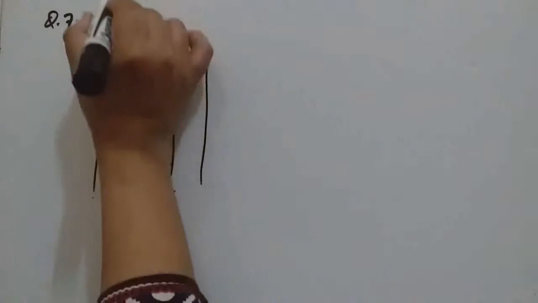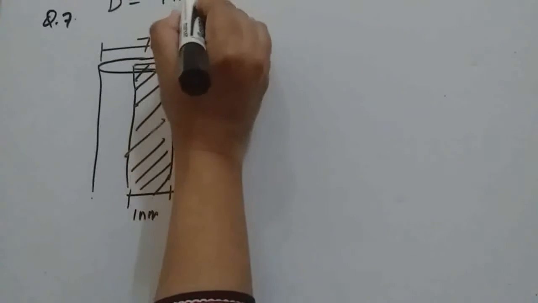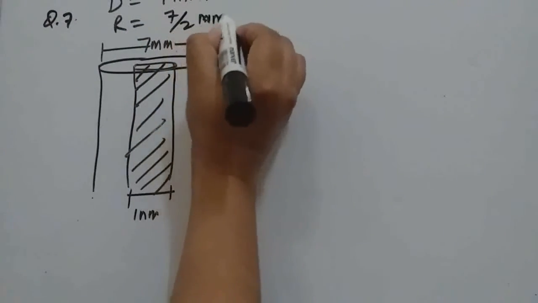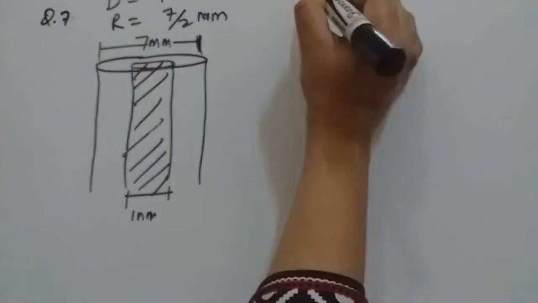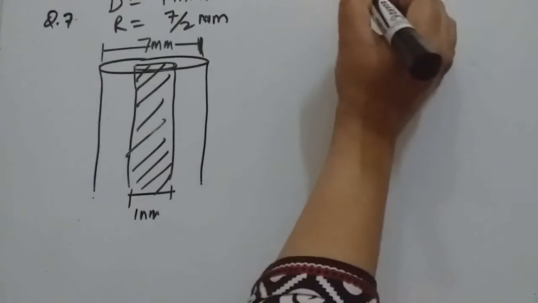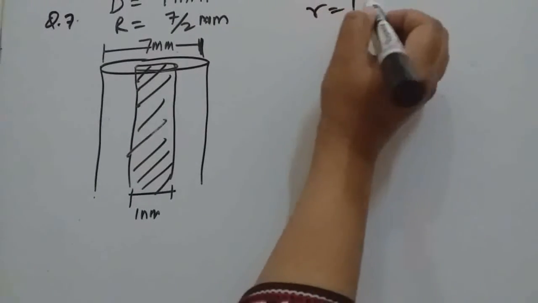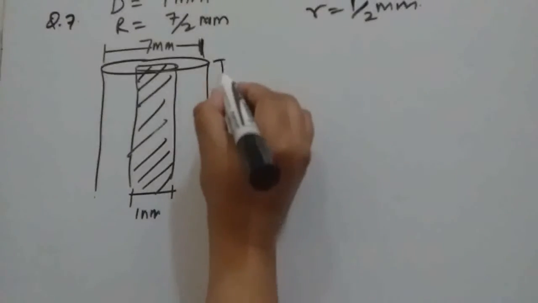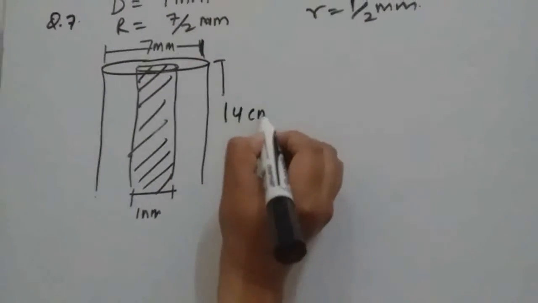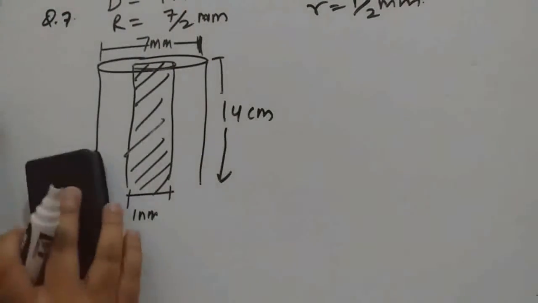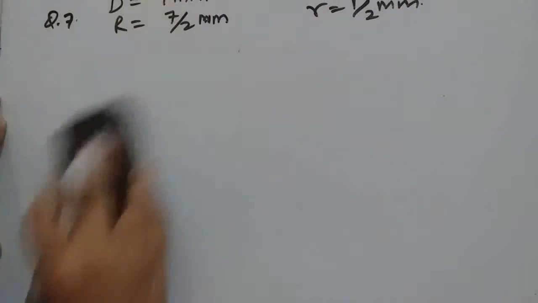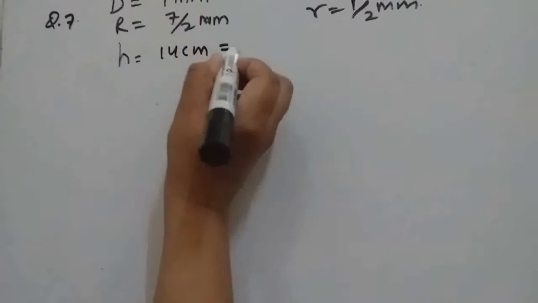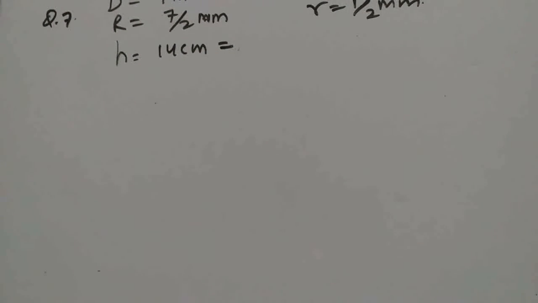So what we can do, the diameter of the pencil is 7 millimeter, so the radius will be 7 by 2 millimeter, isn't it? Then the diameter of the graphite is 1 millimeter, so the radius will be 1 by 2 millimeter. Then the height of the pencil is given as 14 centimeter. Okay, now here we know